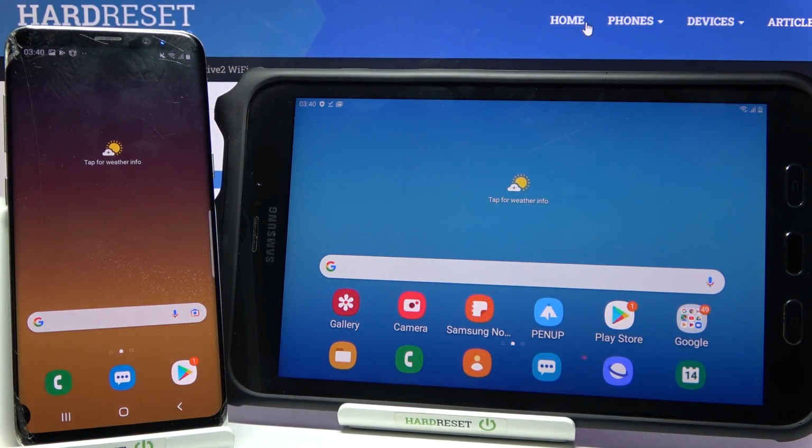Hi! Today I would like to show you how you can transfer files from Samsung device to Samsung Galaxy Tab